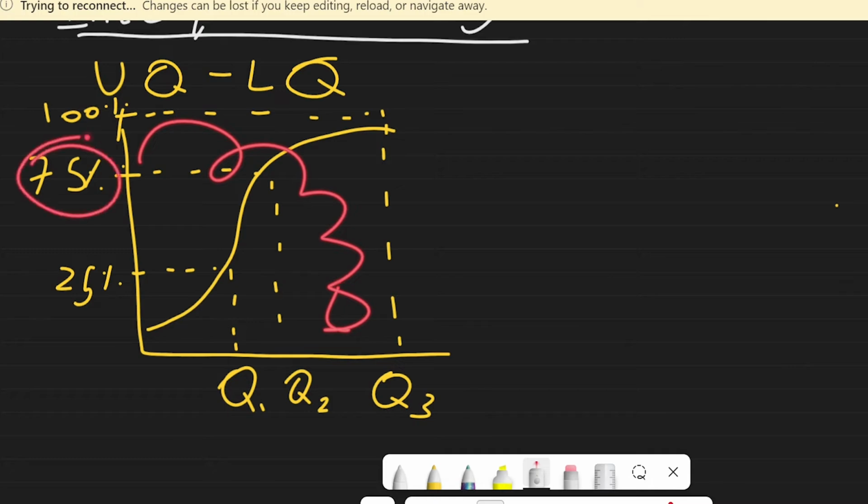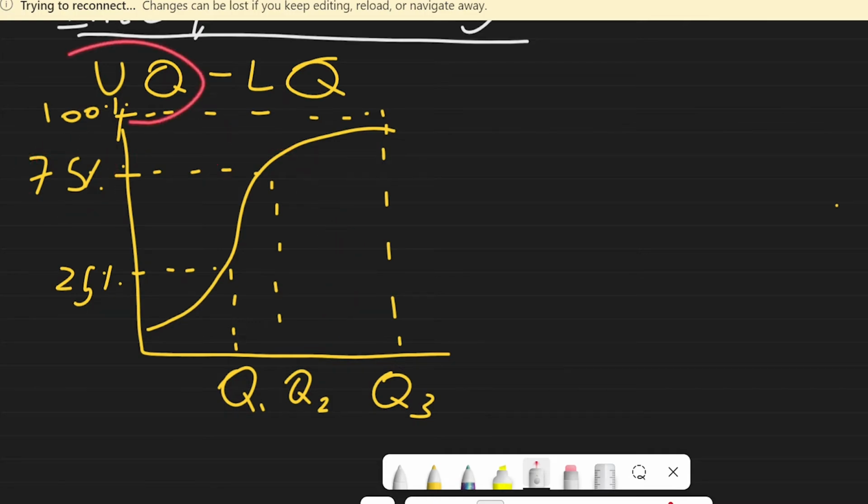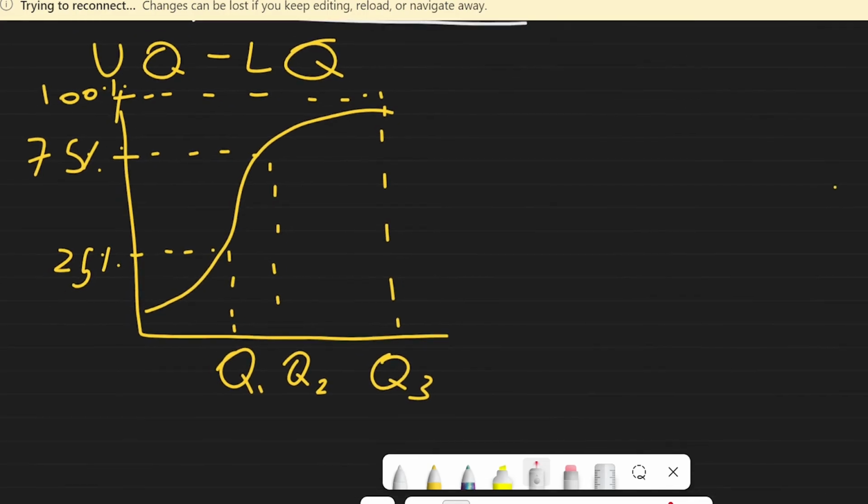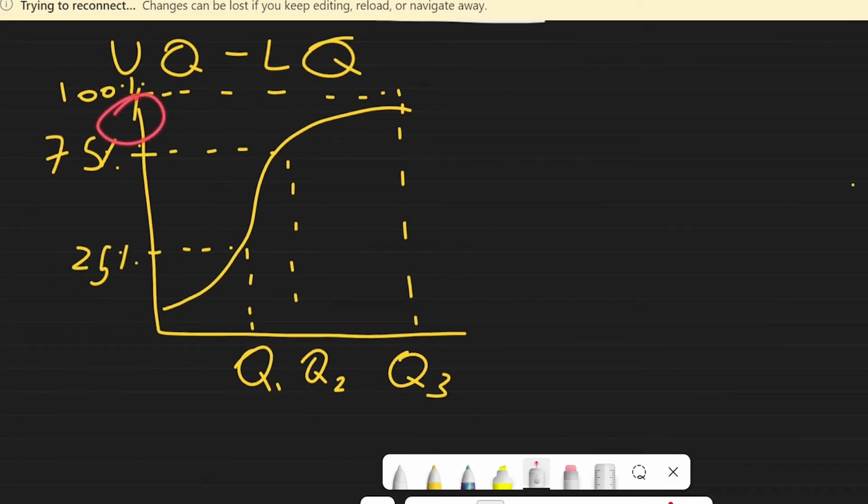So 75% is the lower limit of the upper quartile, whereas 25% is the max limit of the lower quartile, which means that 75% of data has been passed and only 25% of data is left above. That is the upper quartile. However, there is another thing you're already familiar with, the 50%,